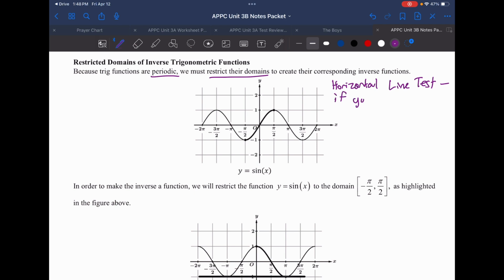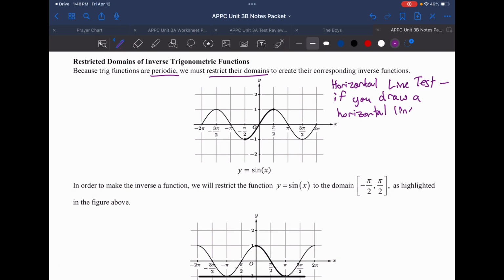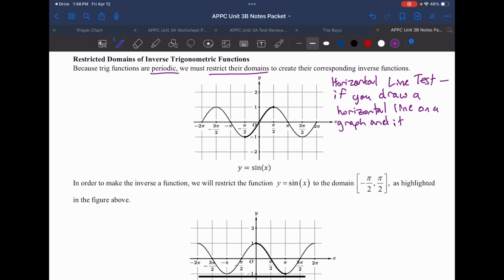If you draw a horizontal line on a graph and it crosses more than once,